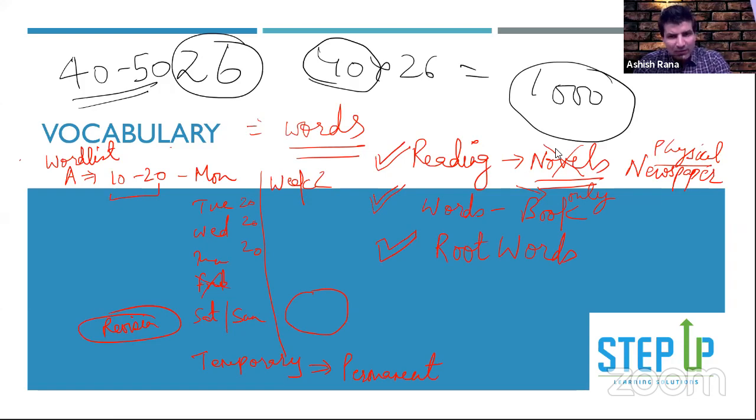Okay, so let me repeat myself. I said vocabulary we have to improve. That is very important, right? Now, how can we improve our vocabulary? One, by reading. But reading is the best method, guys. There is no doubt. If you read in life, you will definitely be successful in life, right? So there is no doubt about that. So reading is one thing, you should continue newspapers and all. Second thing I said, you have a word list, the book we have provided you, which has commonly confused words. You go through some words. Third is the root word approach.